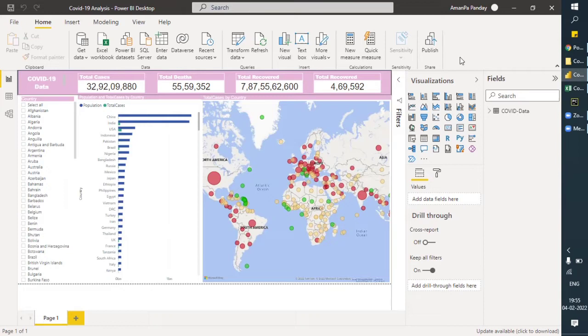Now there are two types of row level security. The first one is static, and the second one is dynamic row level security. First of all, we will see the static one. To implement this, we have to go to the model view